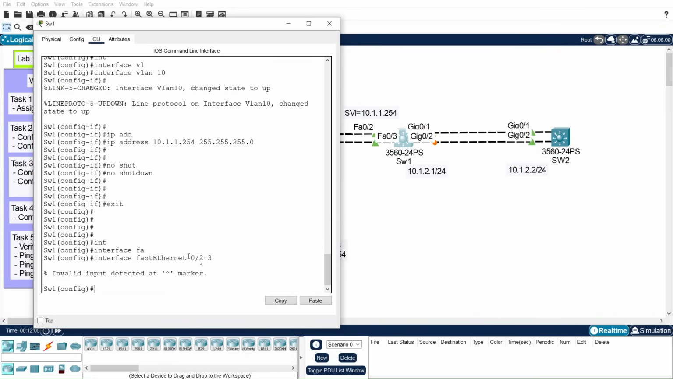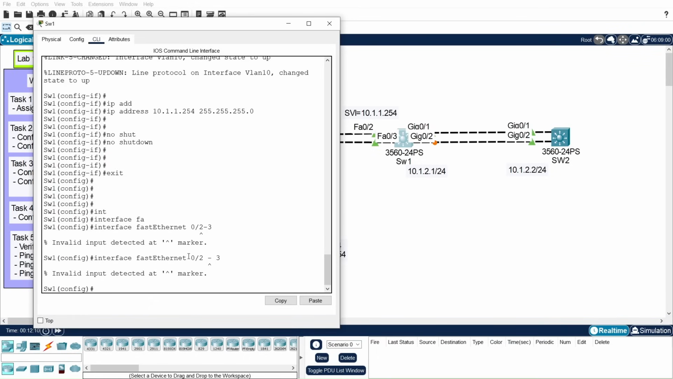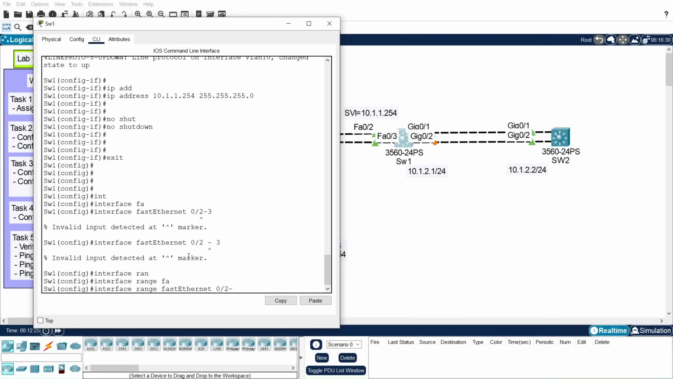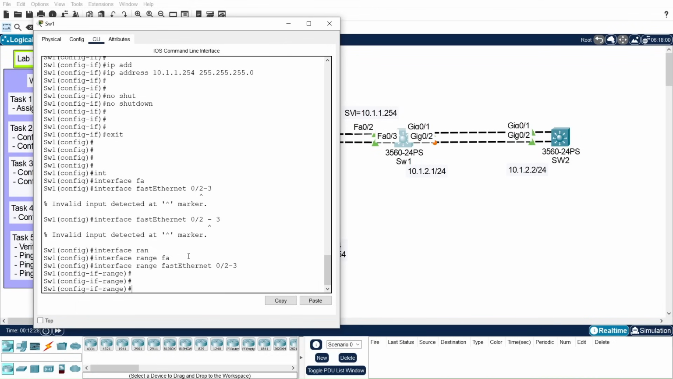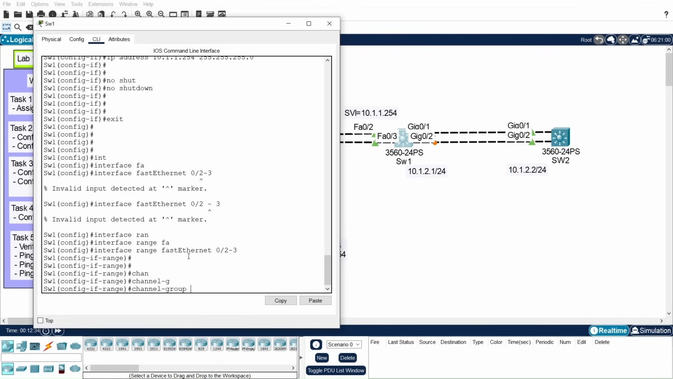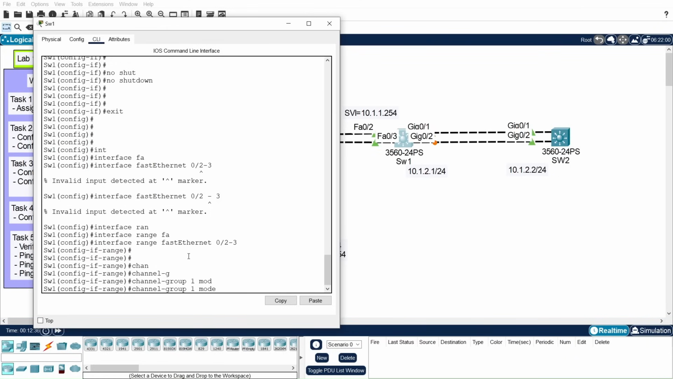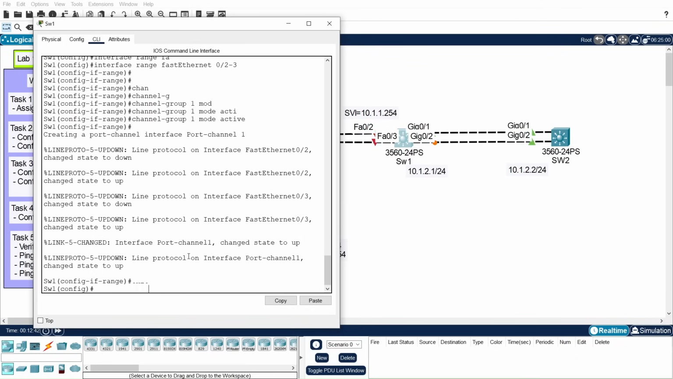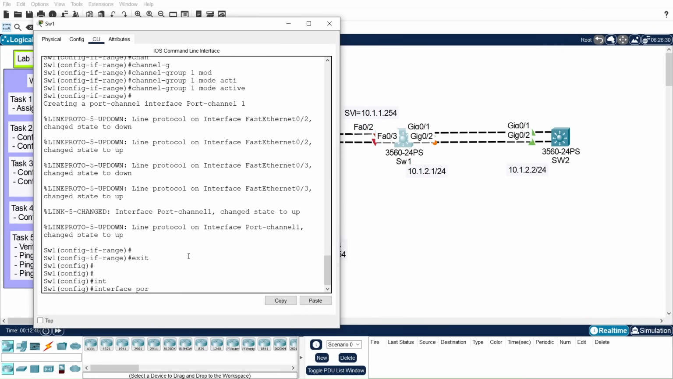It is giving an error. Okay, sorry, I didn't specify the range. Interface range FastEthernet 0/2-3, and I will configure the channel group 1 and mode. Here I can choose active or passive. I am choosing active. Exit. Now I will go into the EtherChannel,